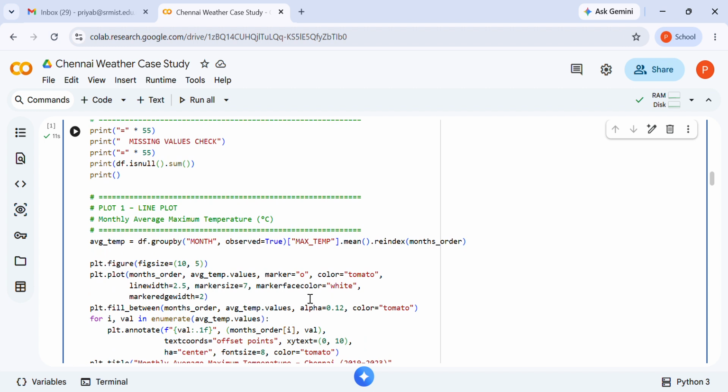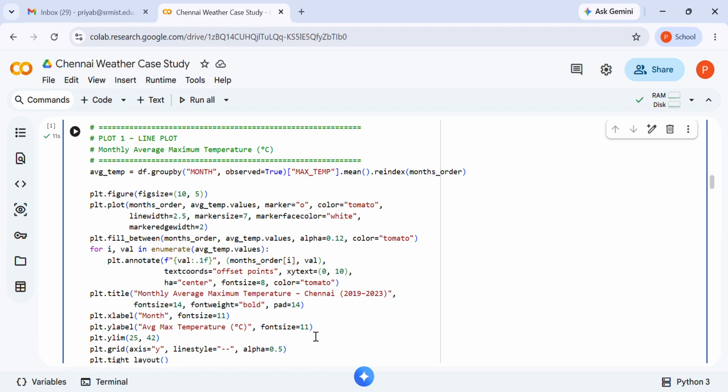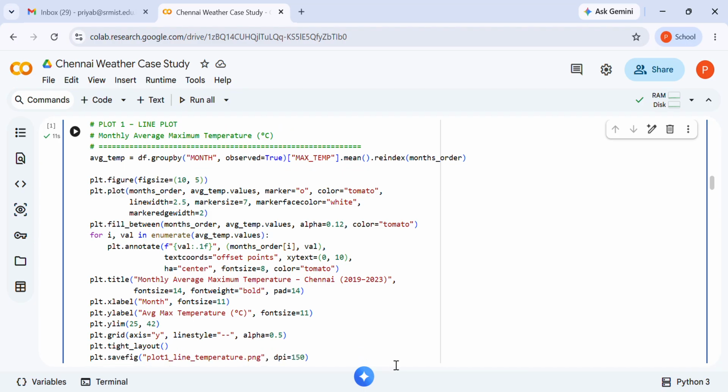And here we start the different plots. The first plot is a line plot which indicates the monthly average maximum temperature. This plot visualizes the average maximum temperature for each month all throughout the years.